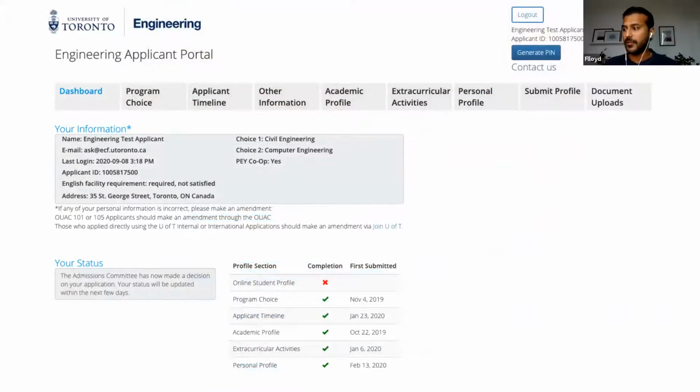This is a little bit of an older screenshot, but it'll be very similar in the year going forward. You'll see that there's a section to complete your program choices within engineering. I mentioned that's where you would indicate your alternate admission categories, and then your supplementary applications, the documents you need to provide, and where you are on the timeline.